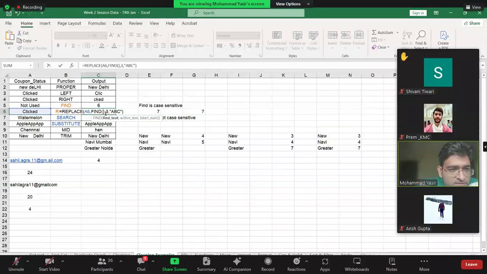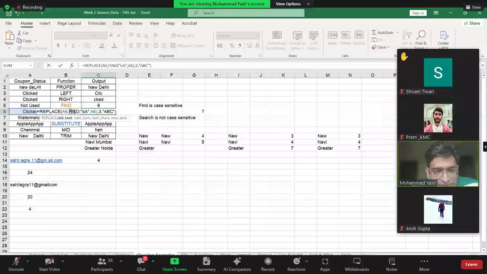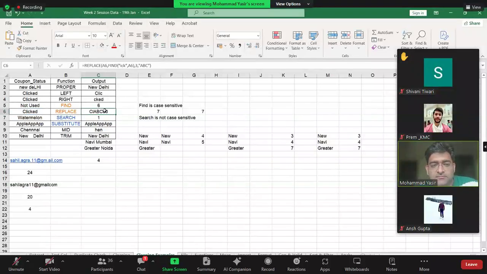Find text ICK within A6. So what I've said is, old text is A6. Whenever we find ICK, replace these 3 characters with ABC. The same output.